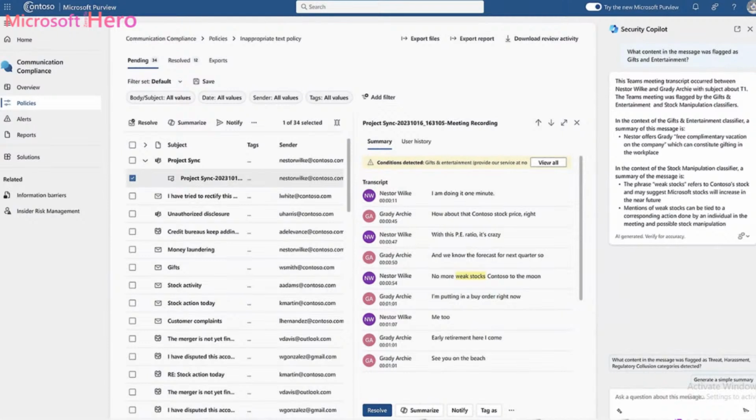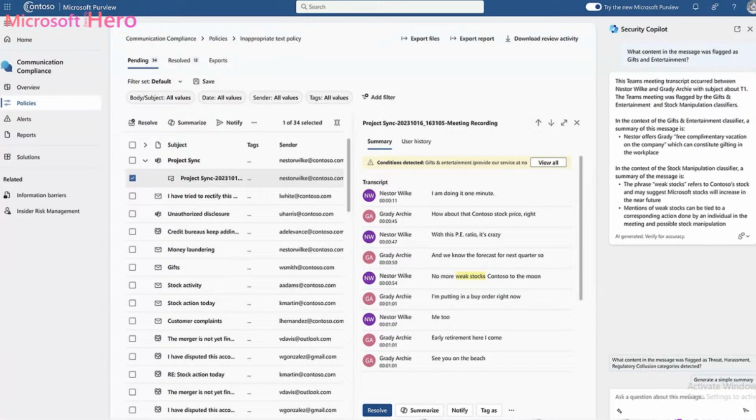In this example, here is a quick example of how Microsoft Copilot can be used in Microsoft Purview. I asked Copilot to search for a specific word within a conversation. Copilot quickly scanned through the text and found all instances of the word. This shows how Copilot can assist in managing and analyzing data efficiently, saving your time and effort.